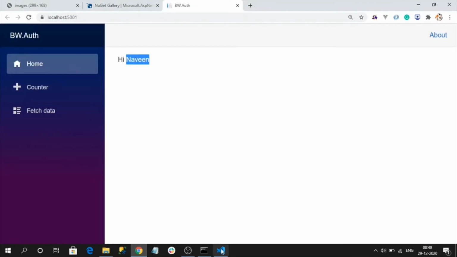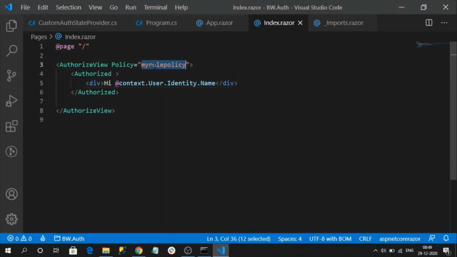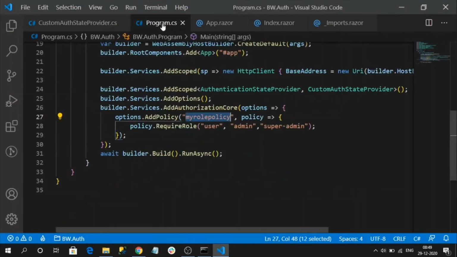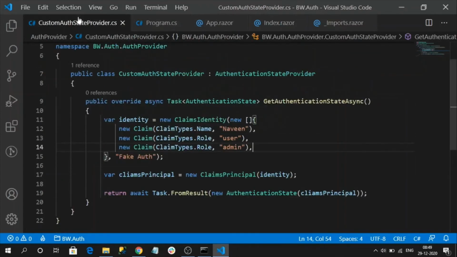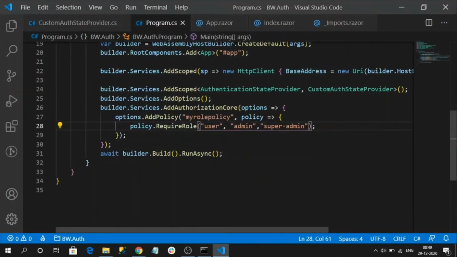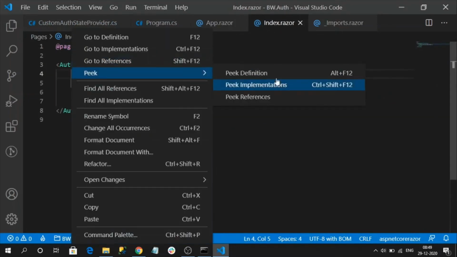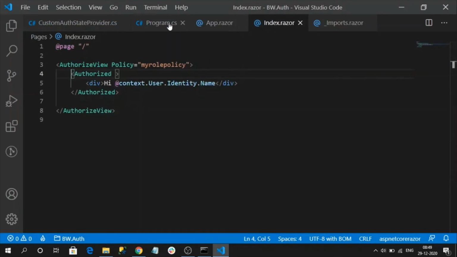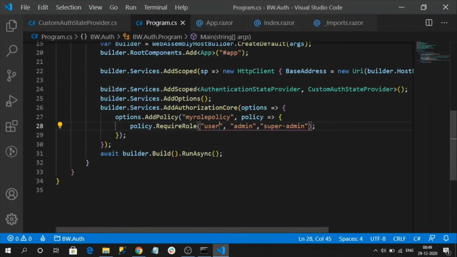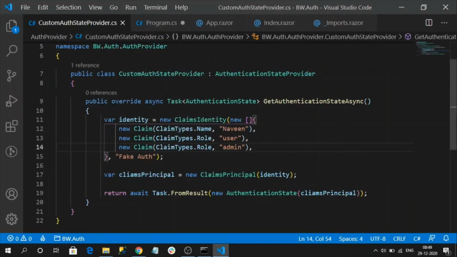See, now I am able to access based on this policy, because what roles does this policy contain? User, admin, super admin. I already have user and admin as well. What I mentioned, at least one role should match, right? So I am able to access this content because of this policy. So let me change my policy roles so that we can get a clear picture. I am changing these roles to user 2 and admin 2. So not even a single role matches my user role.